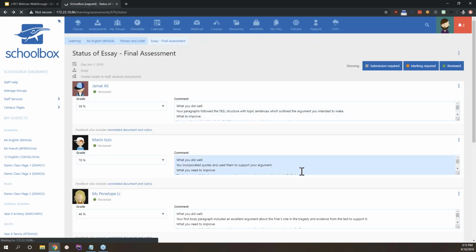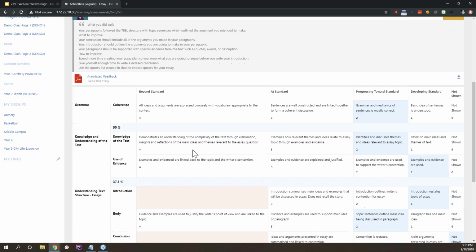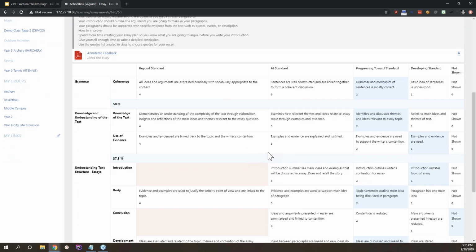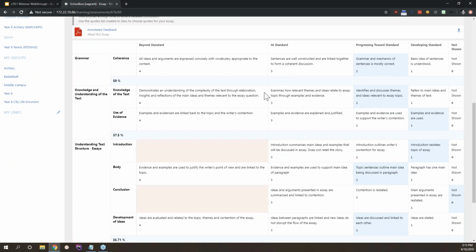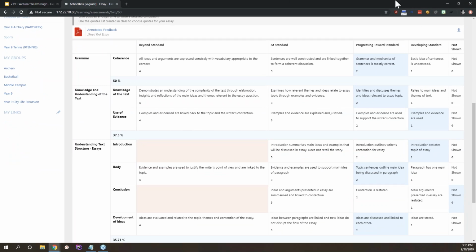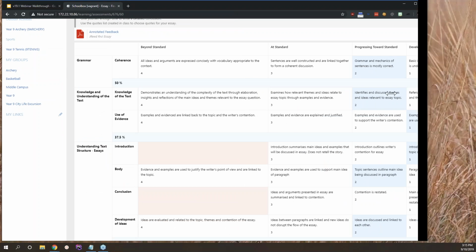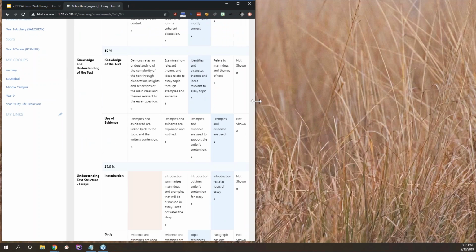When we're looking at it from a student's perspective or a parent's perspective, the rubric on a full big screen like this looked quite good. It laid out pretty well and it was easy to understand. However, when you were looking at it on a mobile device, it became quite difficult to look at. So if I just resize this screen down quickly and show you what would happen,